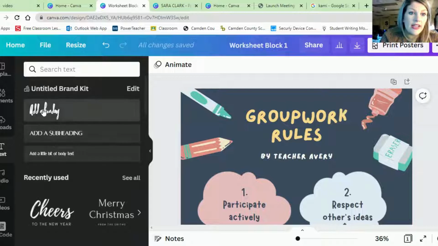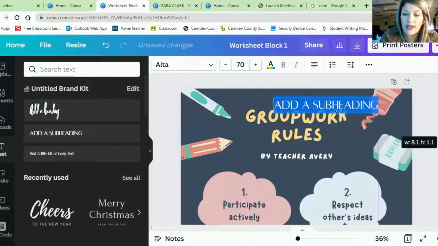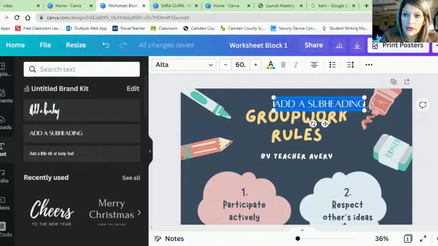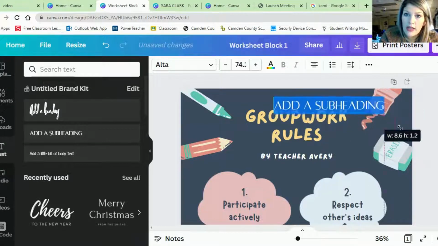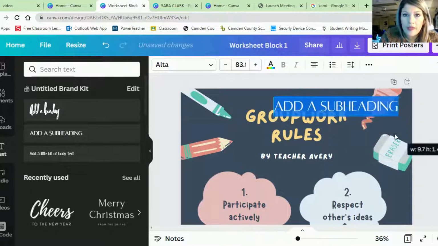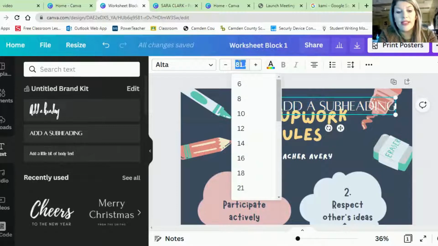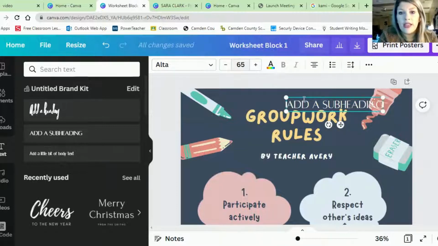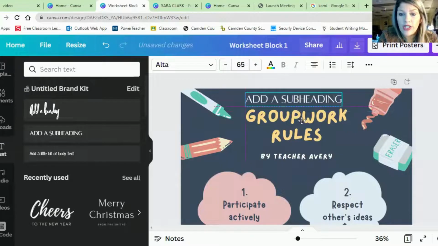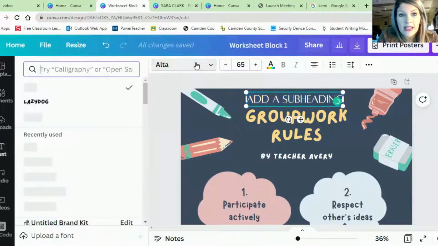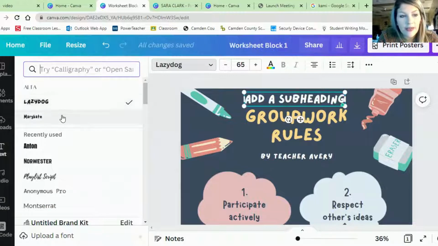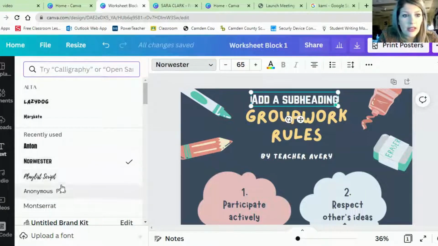Over here to the side, they can choose a large, medium, or small text box, but they can always change the size of it by dragging and dropping and pulling it out using these little corner editing sides, or they can come up here and type in the size they think they want and then keep adjusting. They can always change the font